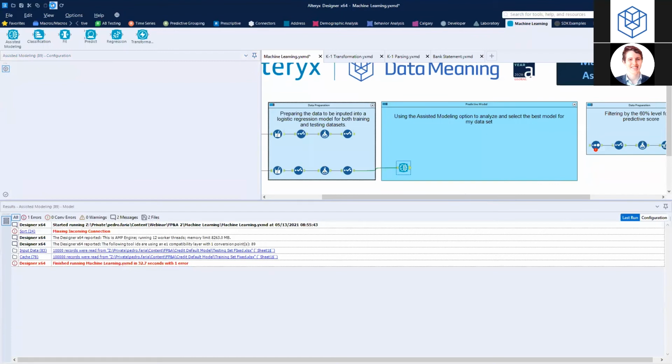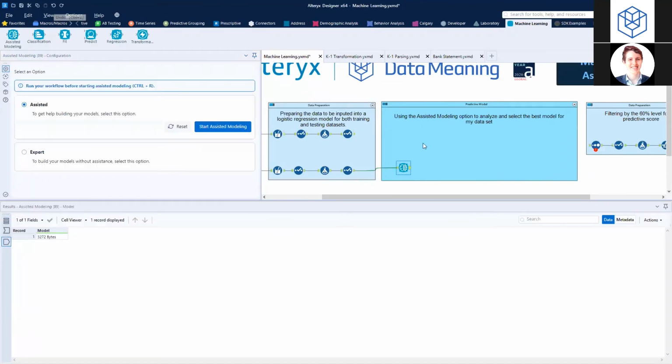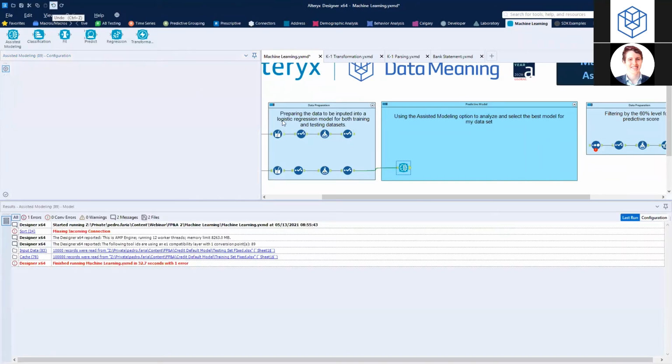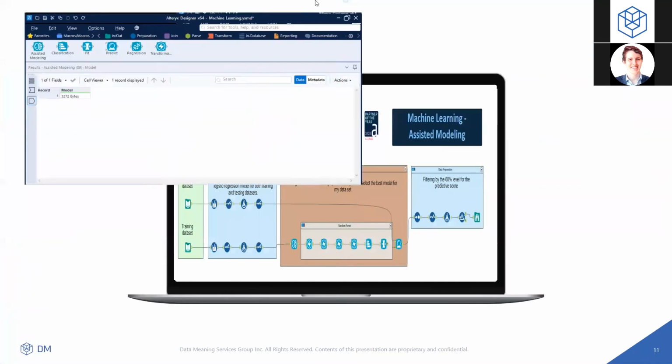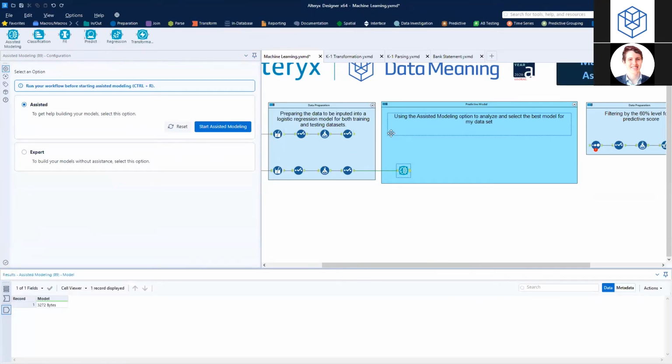And as I mentioned, we're going to be having a webinar on the Intelligence Suite where we're going to have the ability to dive deeper into the assisted modeling right here as well. So let's see if going back, we're going to be able to load everything. Yeah, so let's just abort this, for example, because it's going to take a long time to go back to everything how it was before. So yeah, apologize for this,